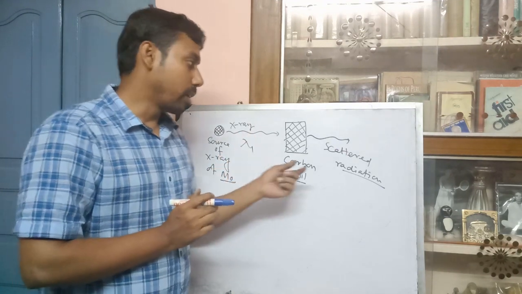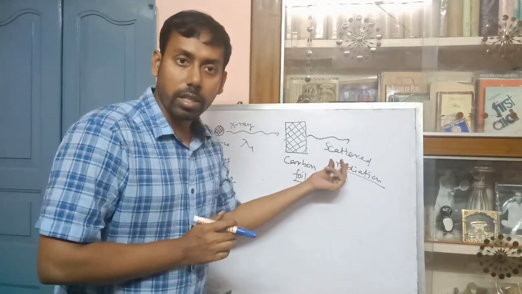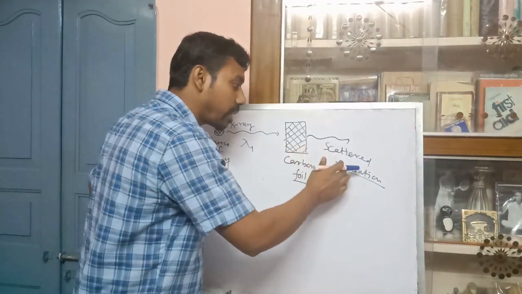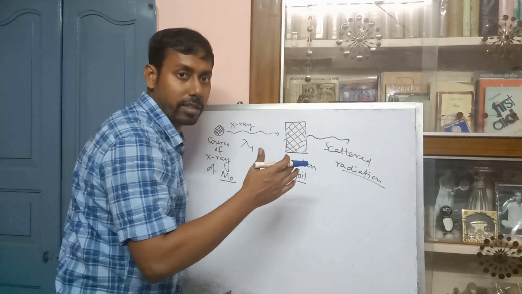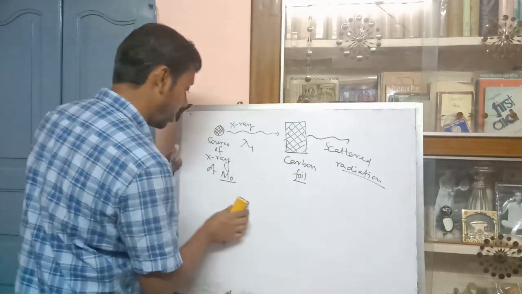And number two, the intensity of the scattered radiation is proportional to the intensity of the incident radiation. That means, according to the classical theory,